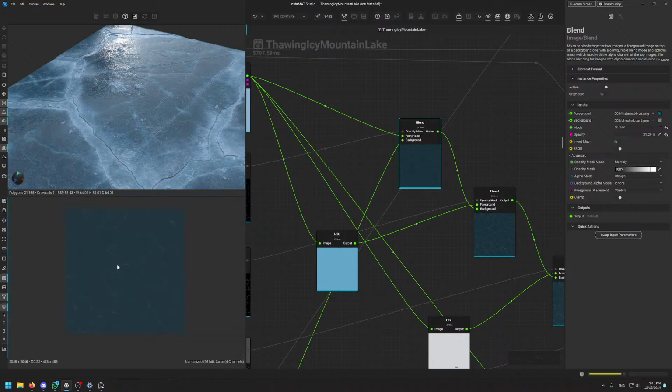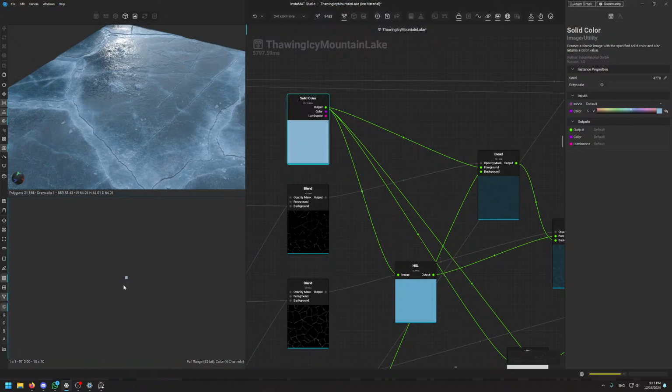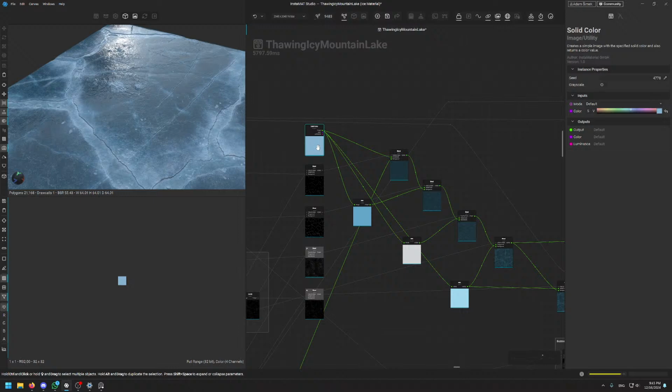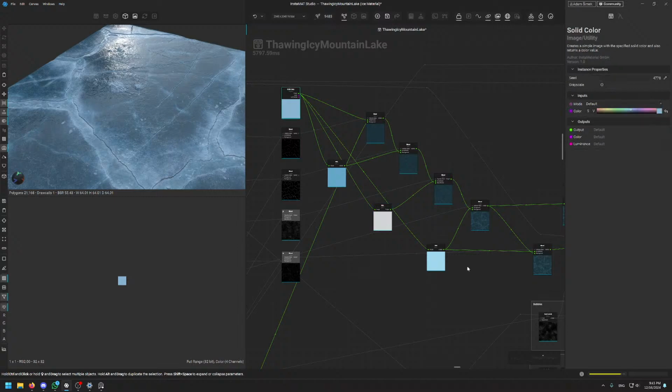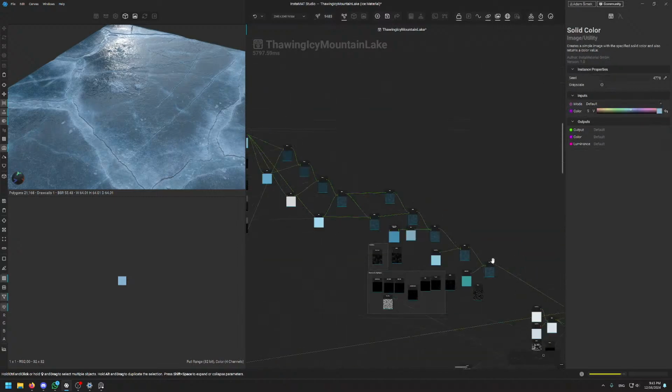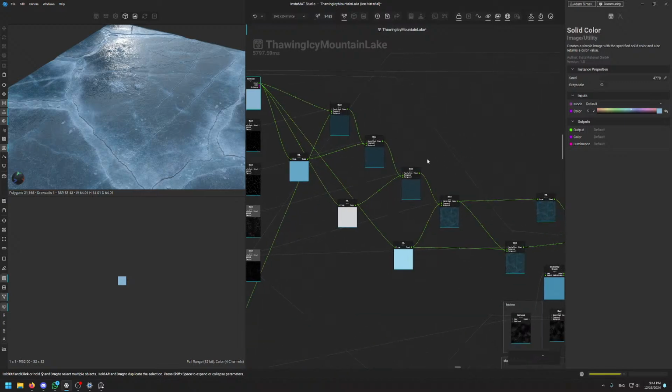Anyhow, now the other thing I start with, and this is where we start building our actual color. You can see the cracks here. I just start with some solid, slightly bluish color. Now, what I do here is actually I chain these HSL nodes. So if I change this, a lot of it will change throughout the graph. I don't know if this is a good practice. It might be a good practice in a limited amount of dependencies, right? Because the more dependencies you have, the larger the snowball effect,